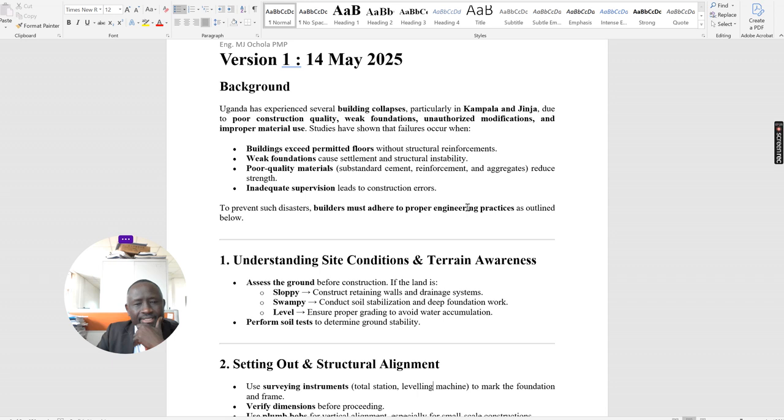I like buildings that exceed permitted floors. There is a building in Kampala over Kisu. Construction reached about, I think, the 6th floor or 4th, and it seems something went wrong, and they began jacketing, increasing the size of the columns,